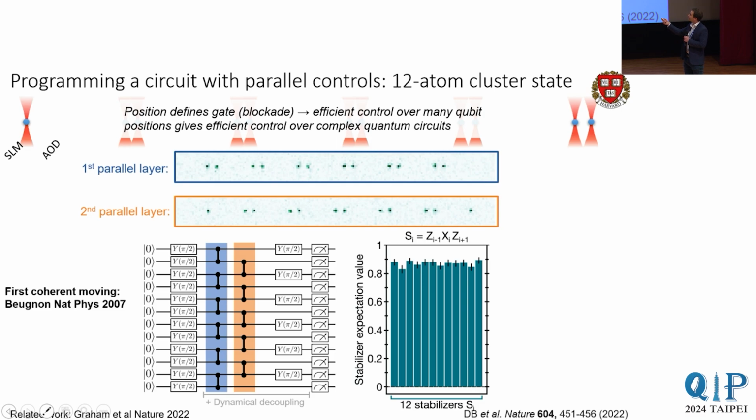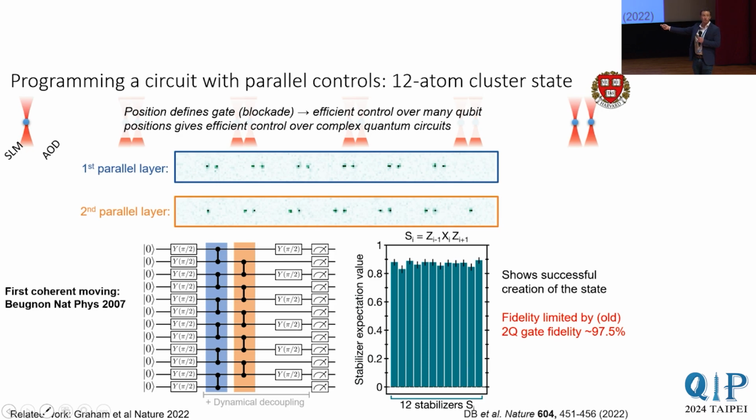And really, again, the key takeaway to remember about how you program quantum circuits with neutral atoms is that the neutral atom tweezer community broadly has gotten very good recently at controlling the positions of many atoms. And using this blockade phenomenon, it maps the position onto the gate connectivity. And now we can just dynamically update the position in the middle of the circuit, and this allows us to program complex quantum circuits by just programming the motion of atoms.